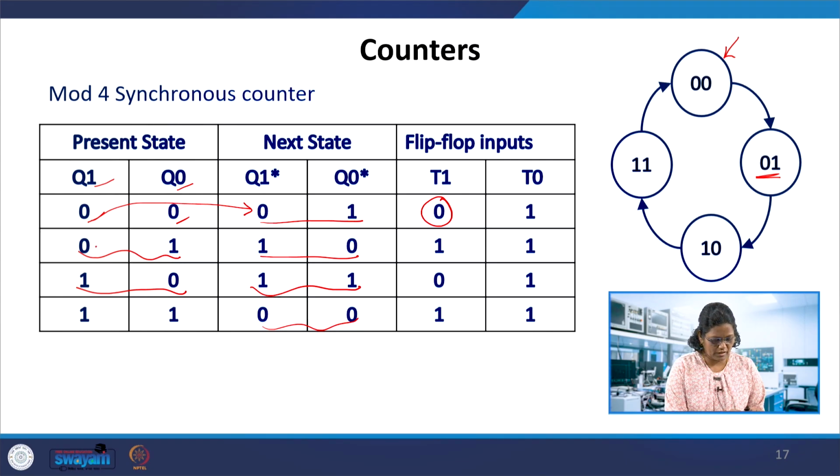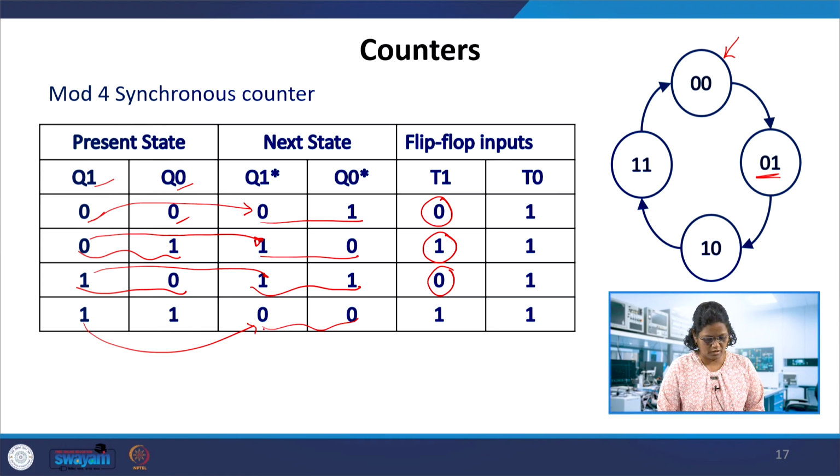In the next case it is changing from 0 to 1, so it should have 1; the toggle should be there. In the third case it is again 1 1, there is no change in the state, so it will be 0. And for the next one, it is 1 to 0, so it is toggling and this becomes 1. So use the excitation table of the T flip-flop to fill this up.